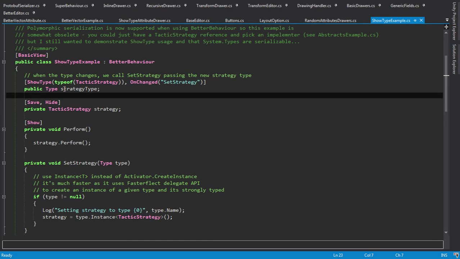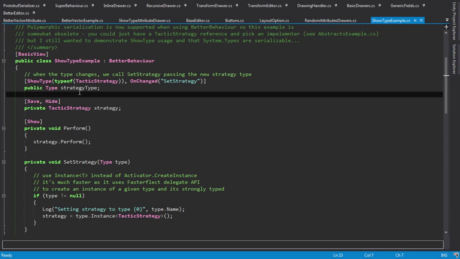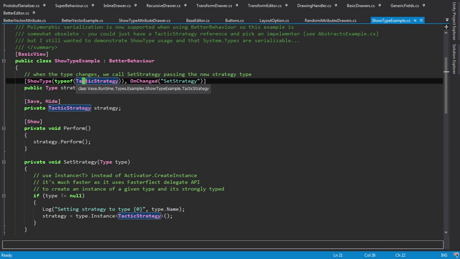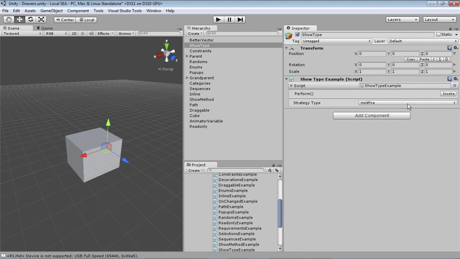And then I have a type reference annotated with ShowType, type of tactic strategy. And basically what that will do is give you a pop-up with all the concrete types of the type that you pass in here. So ShowType, we're doing ShowType tactic strategy. That will give me all the 3 children of tactic strategy, right? And then I can choose from them. Now notice there's also this